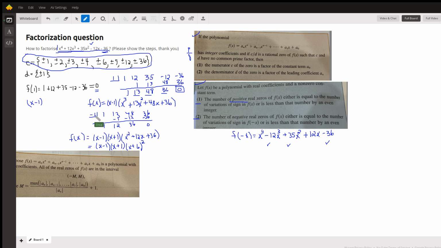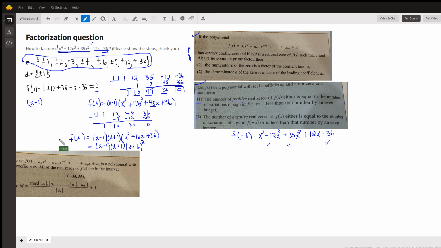And one of the first ones to try is negative 1, because it's so easy. I could almost see that negative 1 here and negative 1 here gives me negative 49. And these terms, 13x squared and 36, add up to 49 also. So I'm pretty sure negative 1 is going to give us a remainder of 0 using synthetic division,